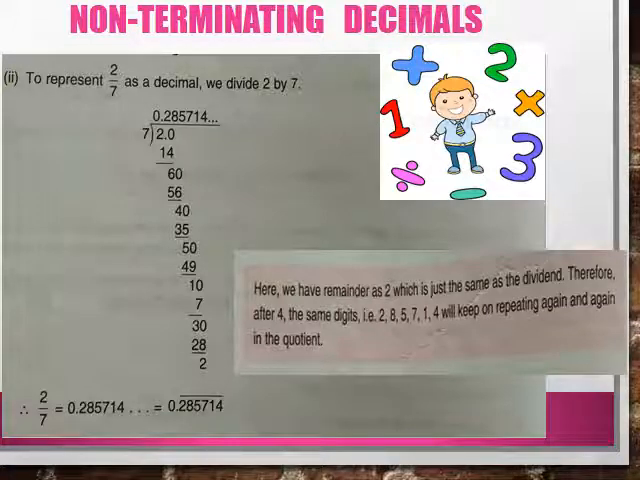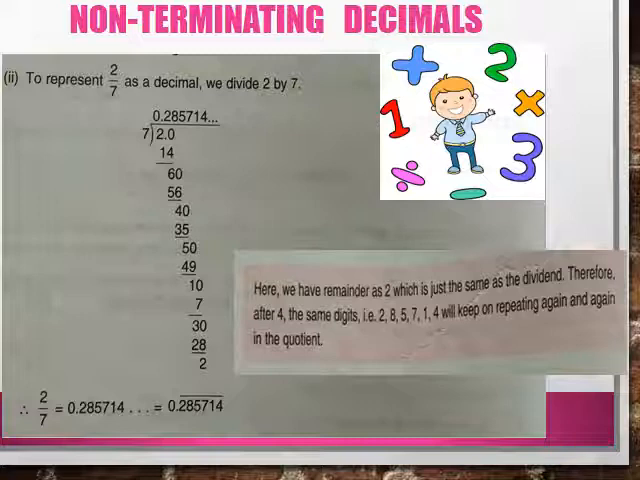See the second example. Here we have to represent 2 by 7 as a decimal. So we divide 2 by 7. Follow the division process. You will see that if you look at the remainder, it is again 2. So the whole process will repeat again. The quotient is